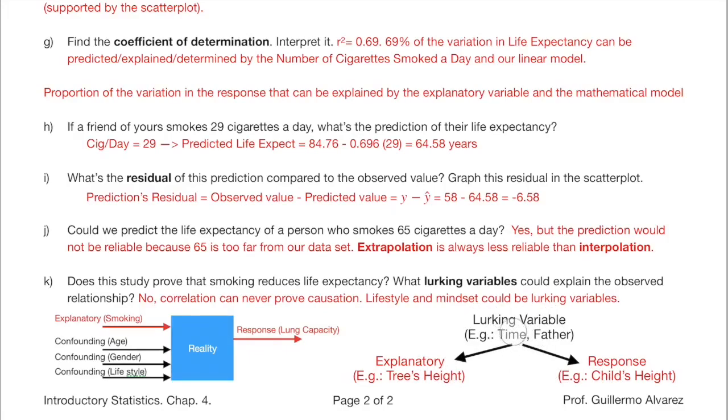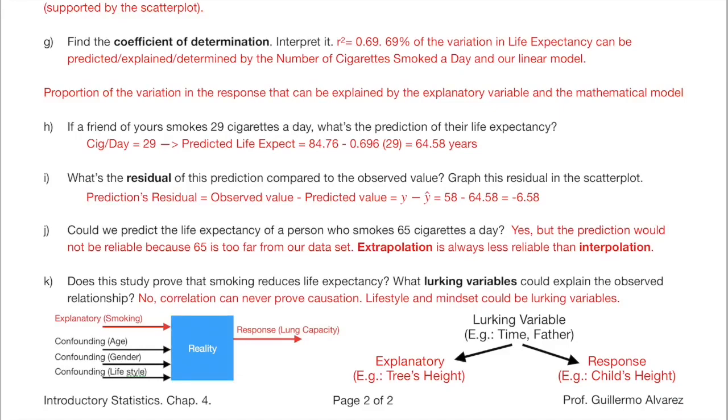Probably the most important is time. Since time passed for both and both were living beings, they grew together. We could also mention the father. The father was taking care of the tree and the son. It seems to me that the concept of lurking variable is most often used in situations like this, where one variable is hidden, affecting both the explanatory and the response, like a puppet master. Anyway, since these two terms are commonly used interchangeably, you might be entitled to use the one you prefer.